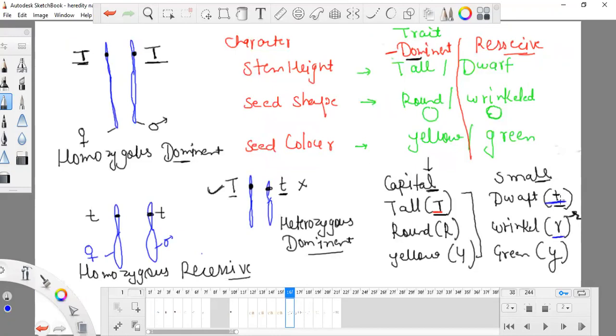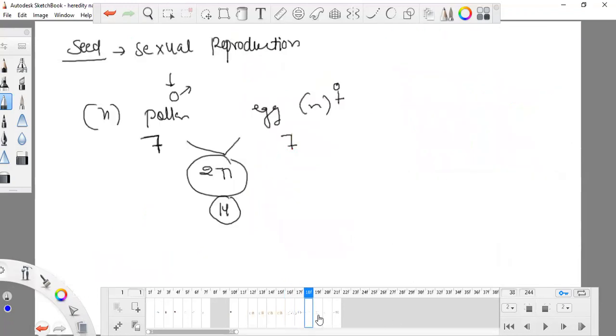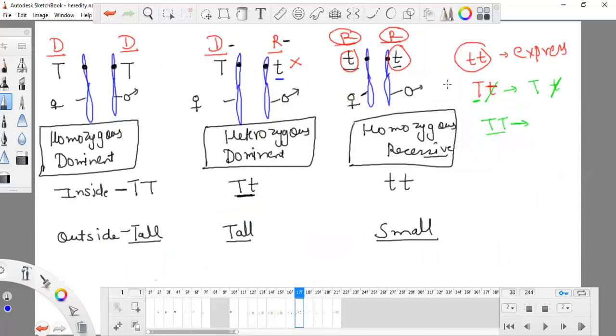When it is getting small t from its father and mother, then it will be dwarf. When it is getting small r from both of the parents, then it will be wrinkled. And when it is getting small y, or the allele that is responsible for green, then it will express itself. If there is a single dominant gene, then there will be the chance of the dominant gene winning, and only the dominant wins. That's why we know that dominant is the winner and recessive is the loser. Okay, so recessive can express only when it is alone.